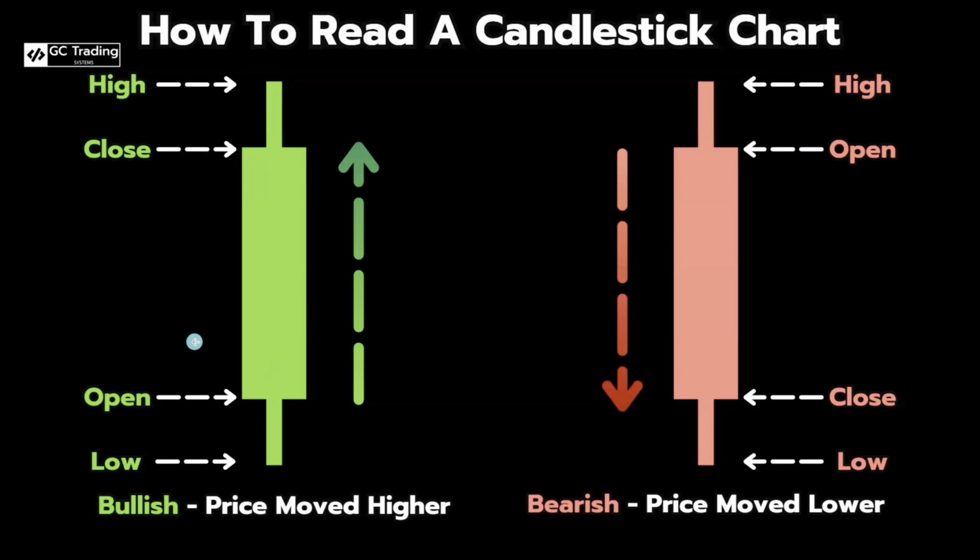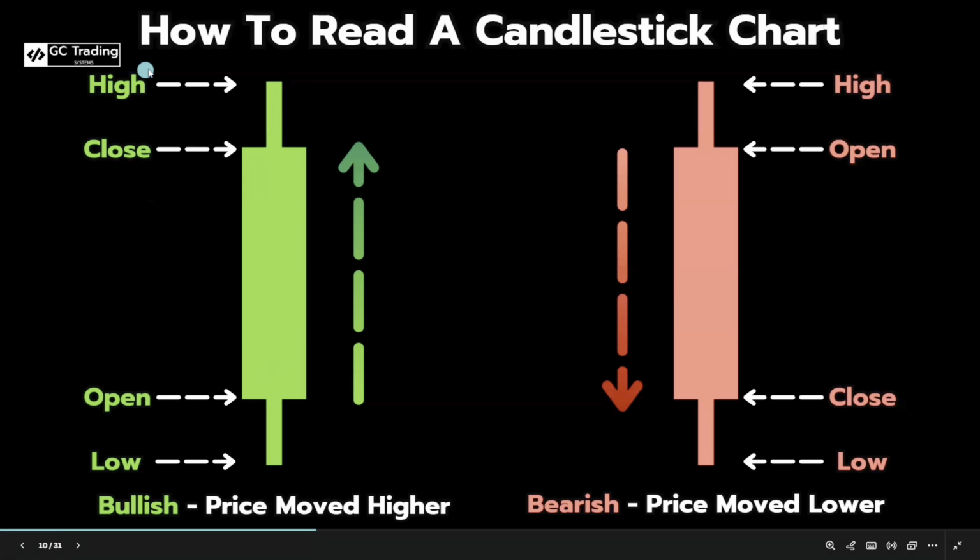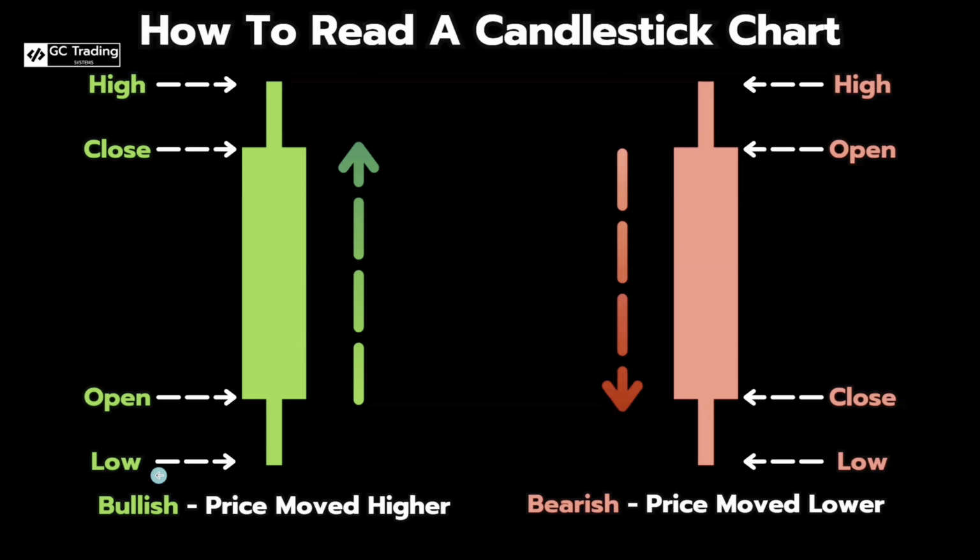Now here's the low. It's pretty much the exact same thing as the high, just the opposite. This means that price was all the way down here at one point. This was the lowest point of that candlestick. Same thing over here. Price was all the way down here at one point, but ended up